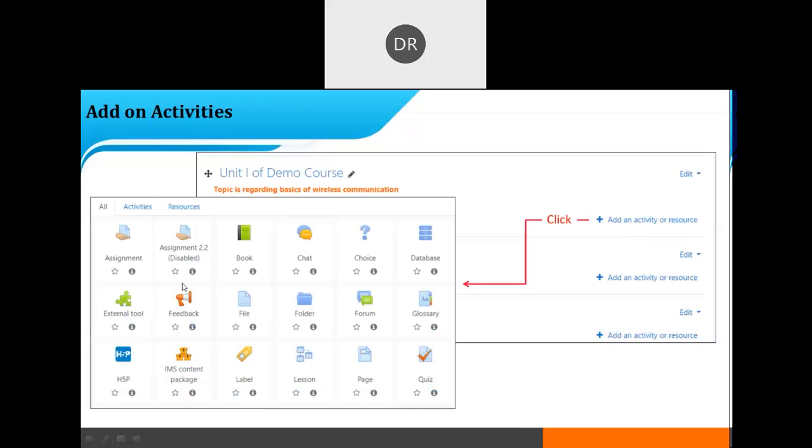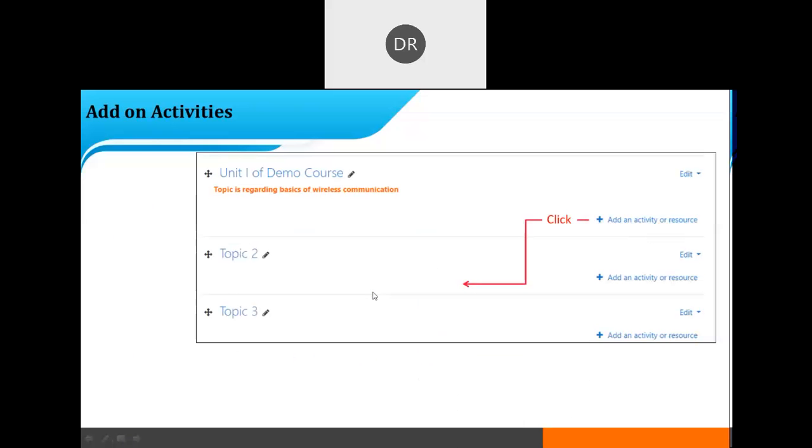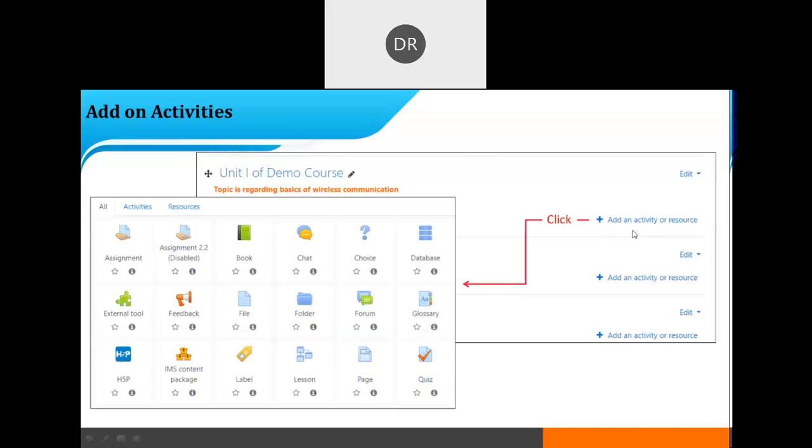The next window will open, which will give you a set of different activities. Now you have to add the contents of that particular topic, unit 1, unit 2, or unit 3, which may be available in PPT, Word, or any format.